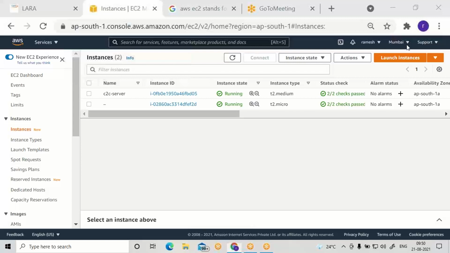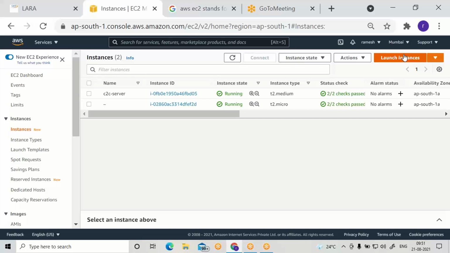In your account, you will not be finding any instances. Click on Launch Instances to create a new instance. That new instance is nothing but a system, a processor where we can install the softwares, run the applications.